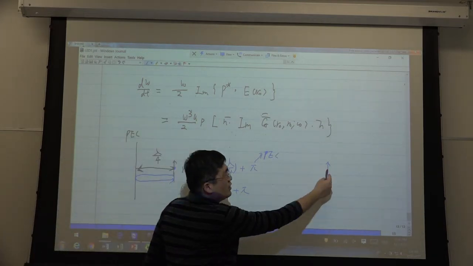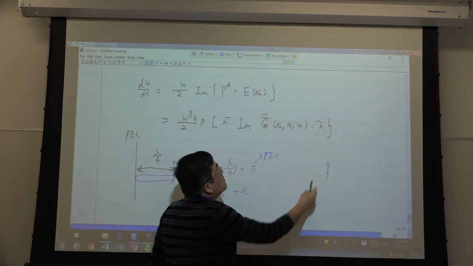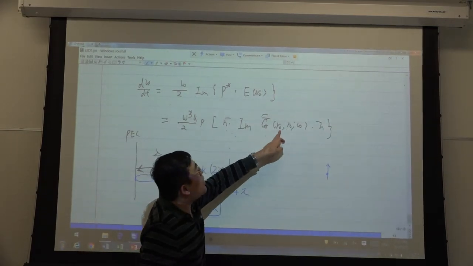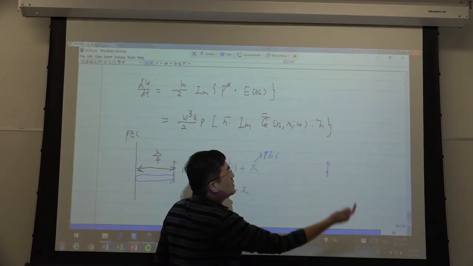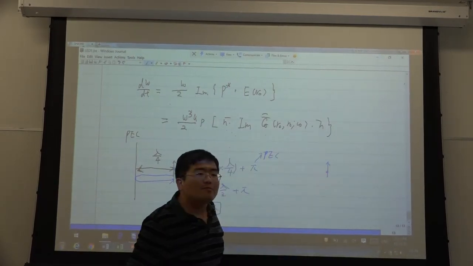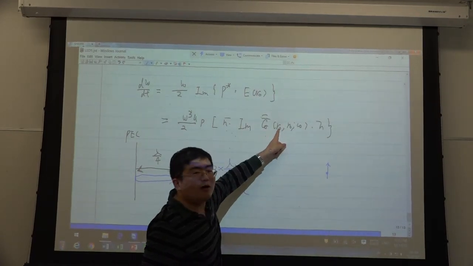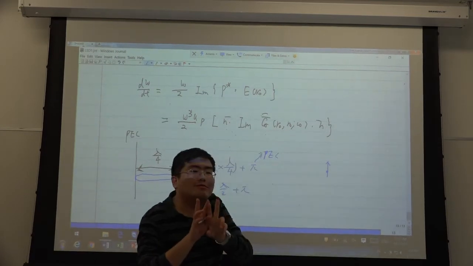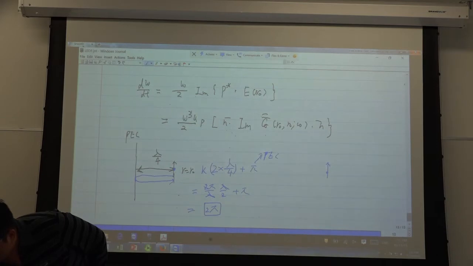The dipole also produces a field. This is the source, and it also produces a field at the same point. It means the Green function, G(R, R0): they have a source at R0 and produce the field also at R0. This is the imaginary Green function. This is the source point, and this is the field point, but the field point and the source point overlap. Why do they have this? Just due to this integral.